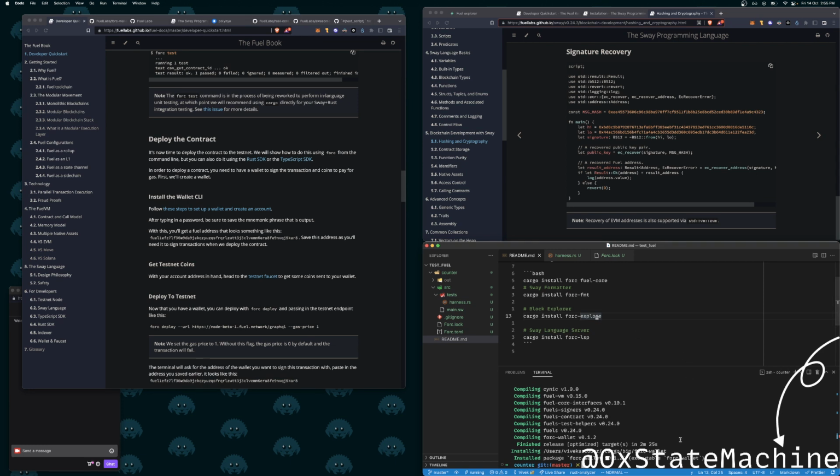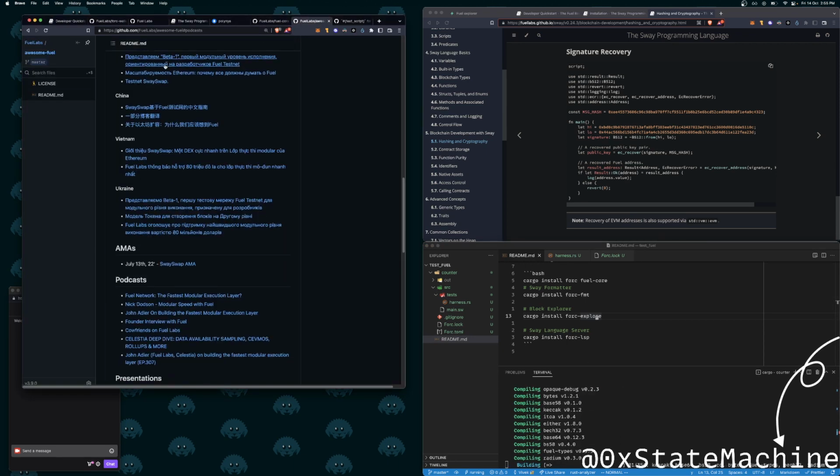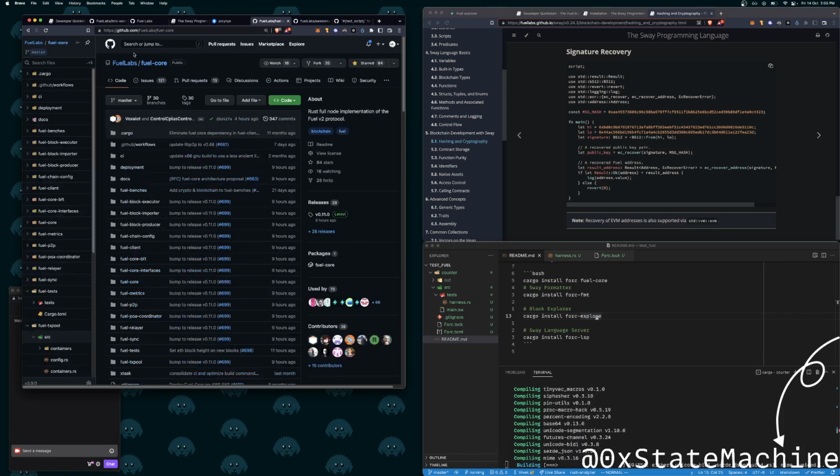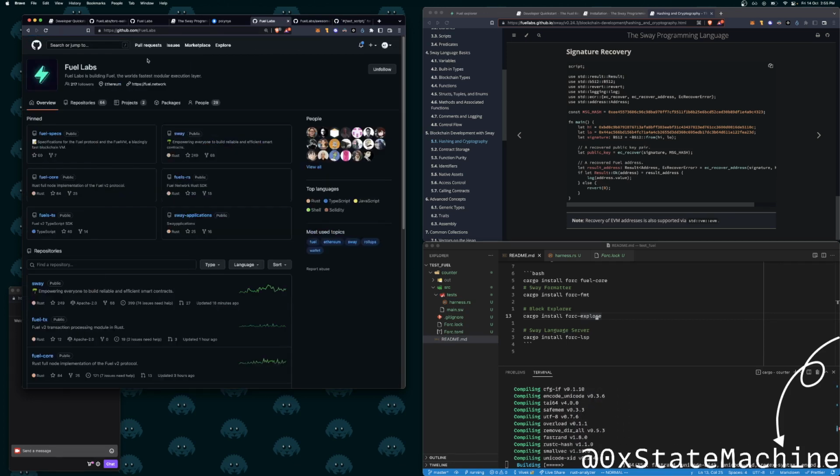Why do I need to install a block explorer? Is it something that gives you a local explorer or something? I will just take a look at their repository and see what exactly the 4C Explorer is.